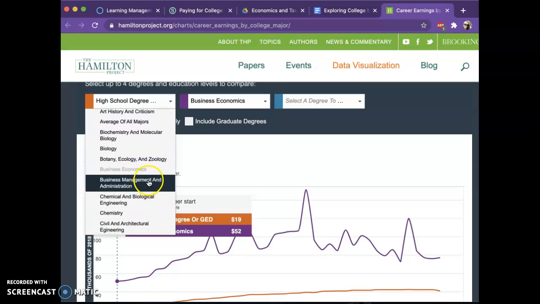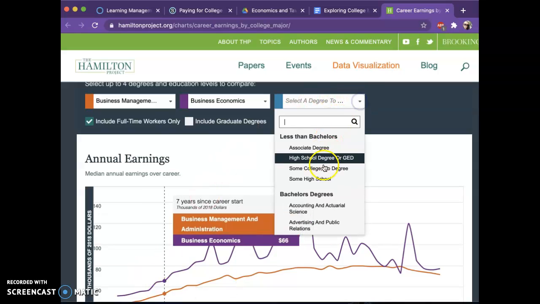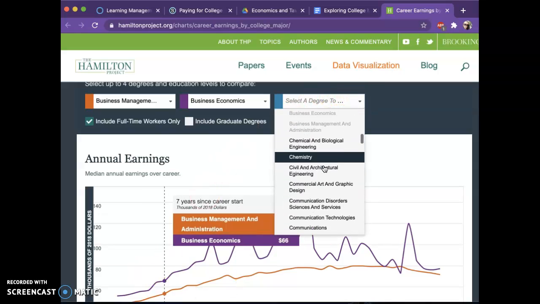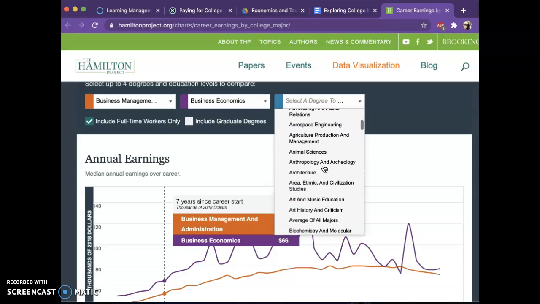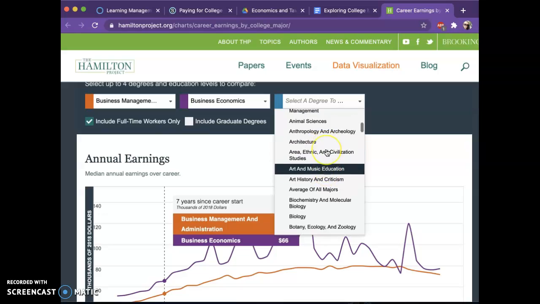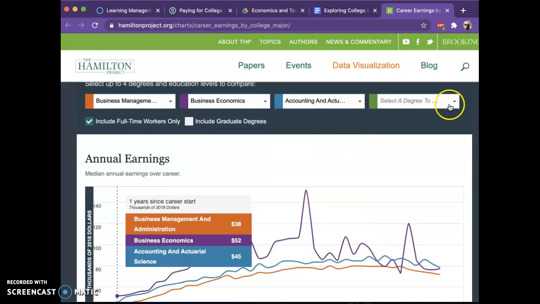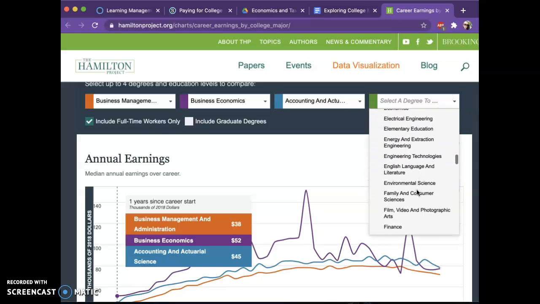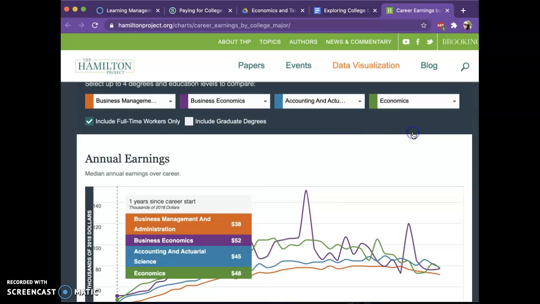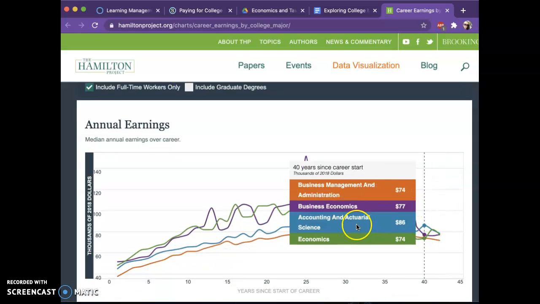Let's do business management and some other business topics so we can compare those. Accounting and actuarial science, and I'm going to choose one more, something in business economics. Okay, so here are the 4 careers that I chose, the 4 areas that I chose,